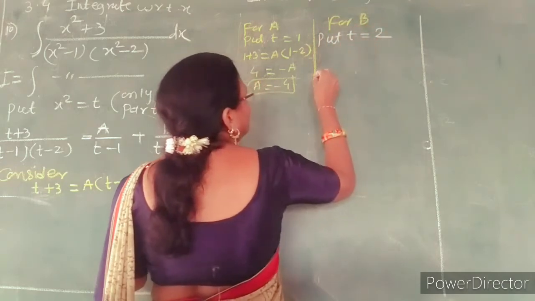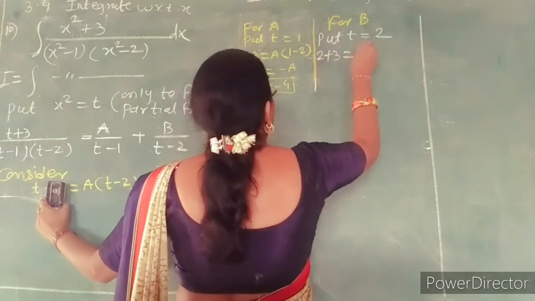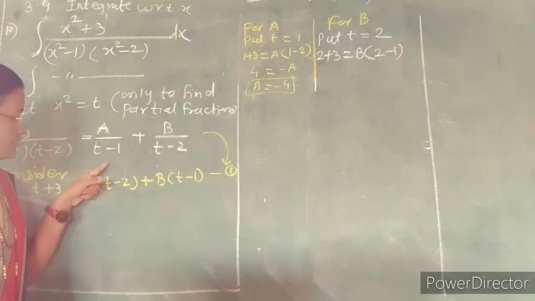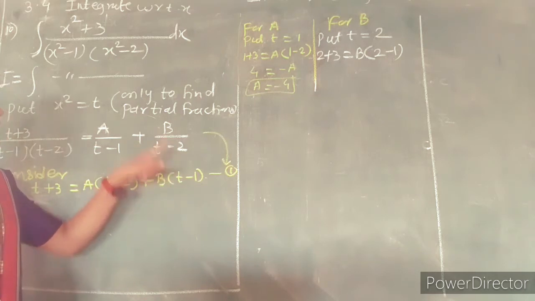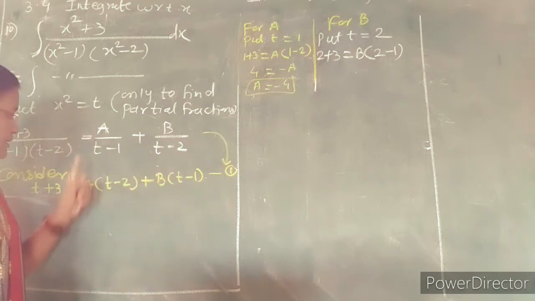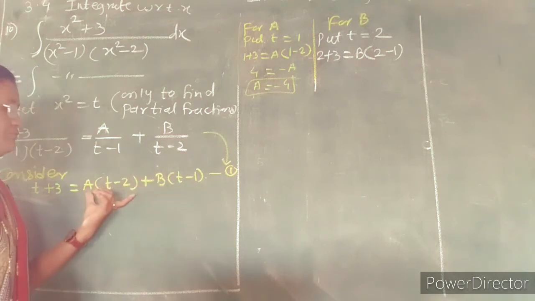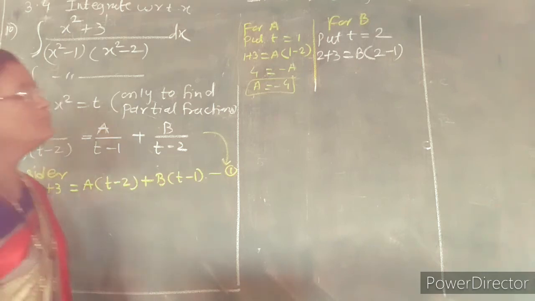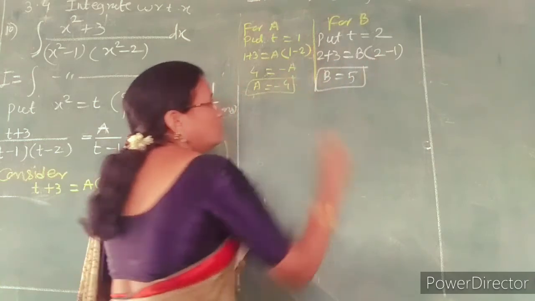t equal to 2. So for this equation, we get 2 plus 3 and here 3 times (2 minus 1). As we take the denominator of A equal to 0 to find A, by cross multiplication the second variable becomes 0. When we take the denominator for B, t minus 2 equal to 0, at that time the denominator of A is t minus 1, and the first term cancels out, so t equal to 2, and A into 0 becomes 0. So the value of B is equal to 5.